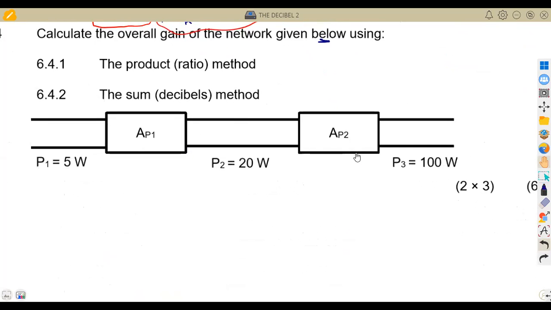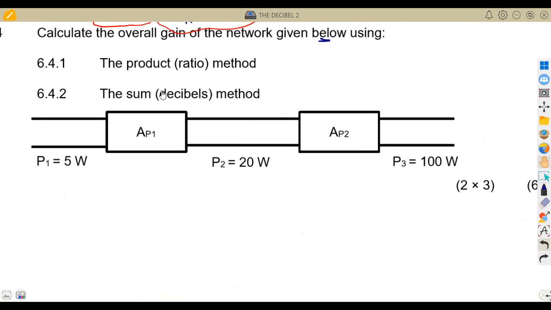6.41, the product, which is the ratio method, the sum, which is the decibel method. All right, so I want us to consider what we talked about, these methods that we listed. Remember what I said about the product. The product method is the one where we find our overall gain by multiplying the gains that we are